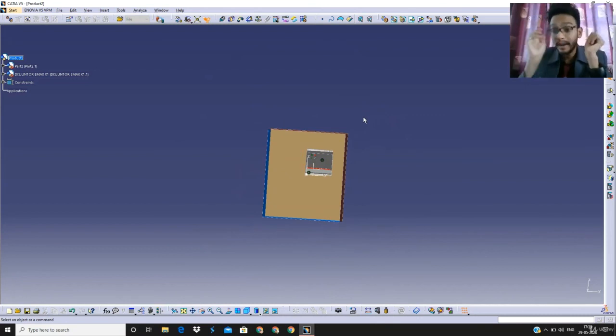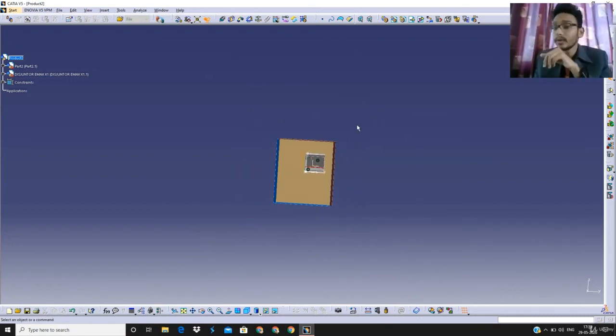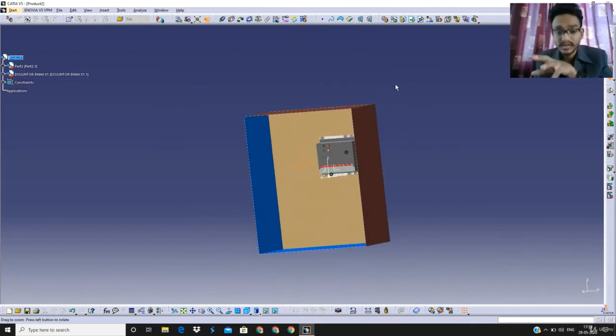And if you have any kind of doubt, you can ask me in the comment box. Be sure that the whole system should be designed in 2D first with proper constraints, then go to exit workbench and then design it in 3D. It's a little bit confusing, but if you try at least two to three times, you will get how to design anything in